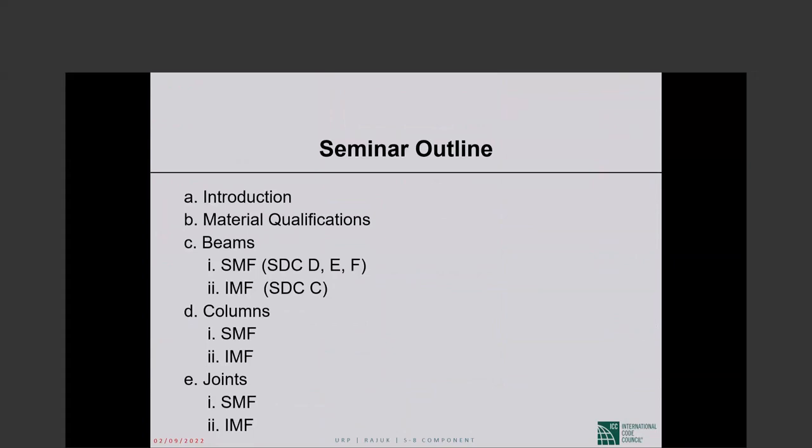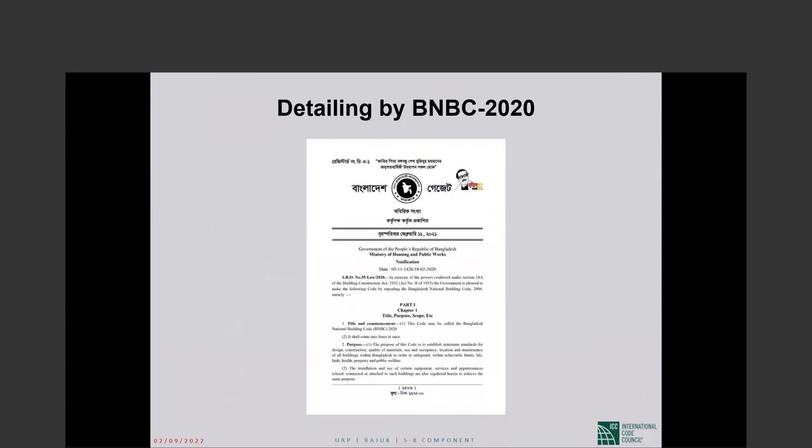So today we have some preliminary material, then the material restrictions. Those typically apply for special moment frames. Then we will talk about detailing of beams of special moment frames, followed by detailing of beams of intermediate moment frames. Same thing with columns. We will do special moment frame columns first, then intermediate moment frame columns, and then joints the same way. Special moment frame joints, intermediate moment frame joints. Our basis is BNBC 2020,